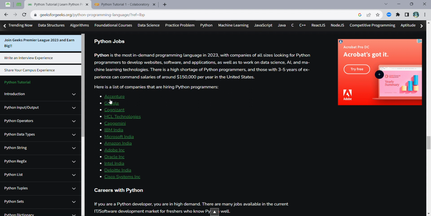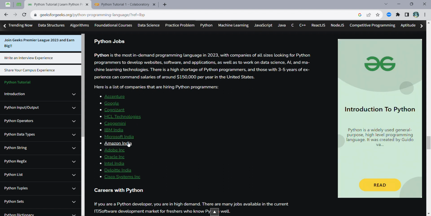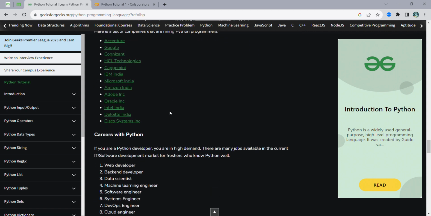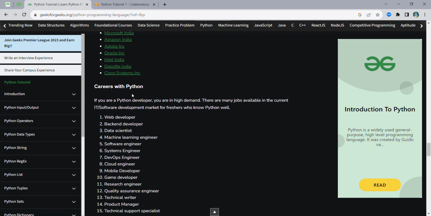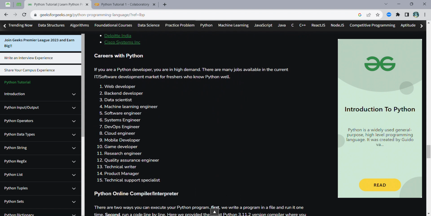So these are the companies which hire Python programmers: Accenture, Google, Cognizant, HCL, and mainly each and every company hires Python programmers because nowadays machine learning is everywhere. These are the careers you have in Python: web developer, backend developer, data scientist, machine learning. These are all careers with Python.